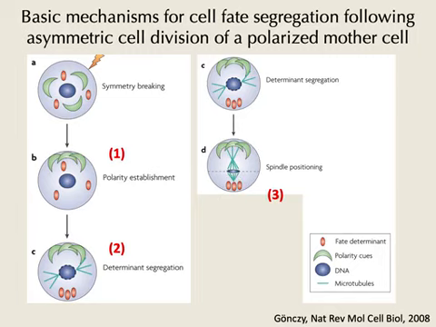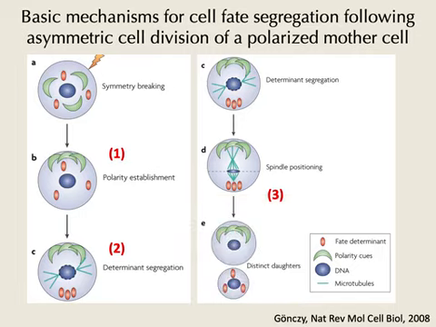So the position of the spindle at the metaphase usually determines where cytokinesis is going to happen. So, right, I know you haven't had the lecture on cell divisions yet, but cytokinesis is when the cell eventually pinches off and you actually have now two separate cells. So indeed, once you've positioned the spindle, when cytokinesis happens here, now you can have two daughter cells. And in this cartoon, there's a clear asymmetry in the sense that there's a small daughter cell and a big daughter cell. And when you have this kind of difference in two dimensions, that means in volume, this guy is probably about 3 times bigger.